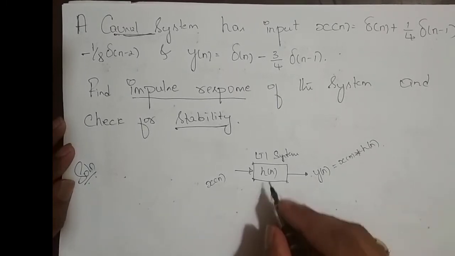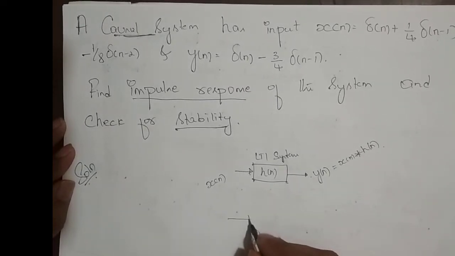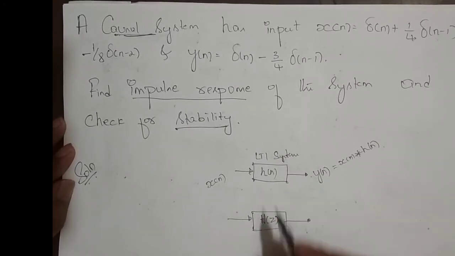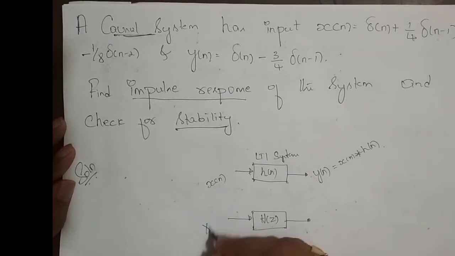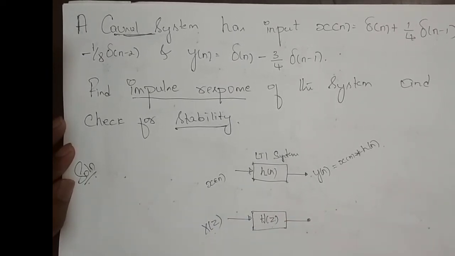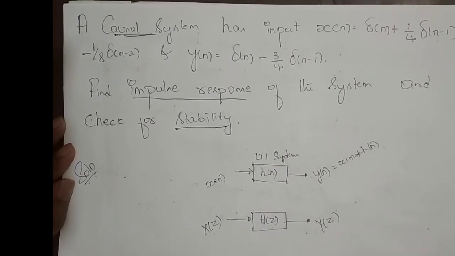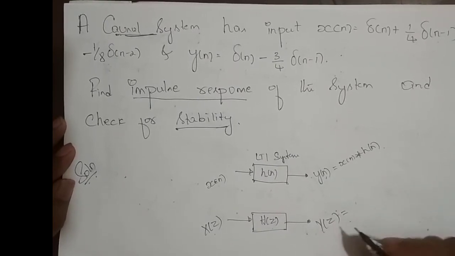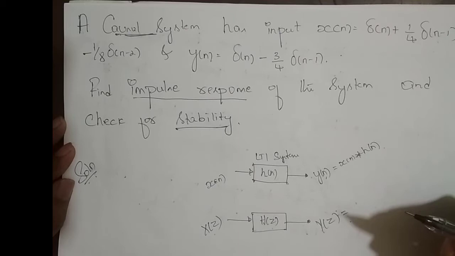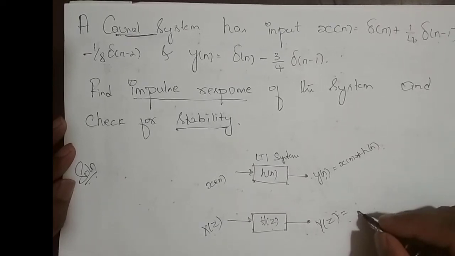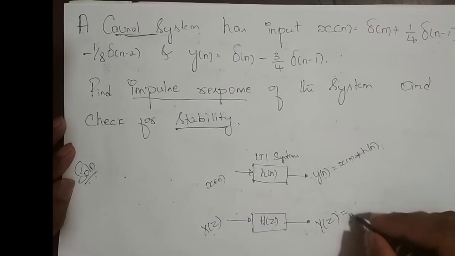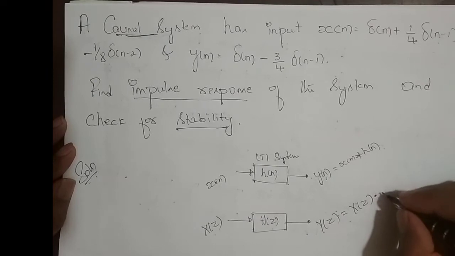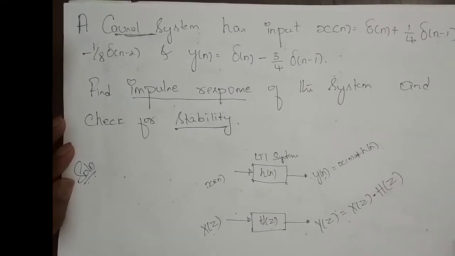That is if we analyze it in the time domain. If I take it to the z domain, we have H of z. Why? Because the z transform of h of n is H of z, right? And we have input X of z, the z transform of x of n, and output Y of z, the z transform of y of n. What is the right hand side in the z domain? We have the convolution property of z transform: convolution in the time domain is nothing but multiplication in the z domain. So x of n convolved with h of n becomes X of z multiplied by the system function H of z.